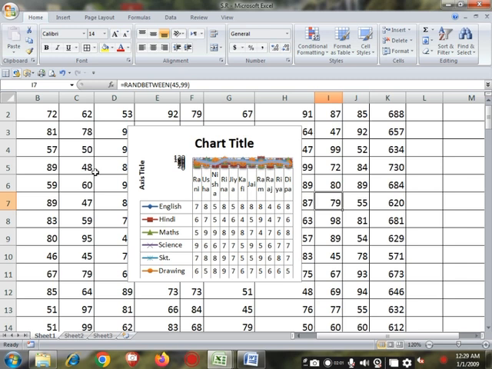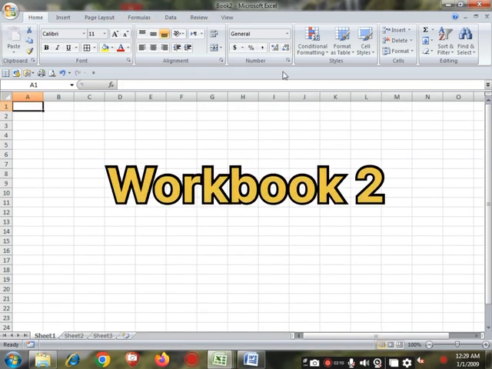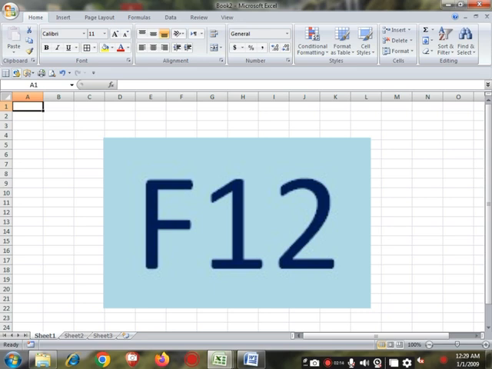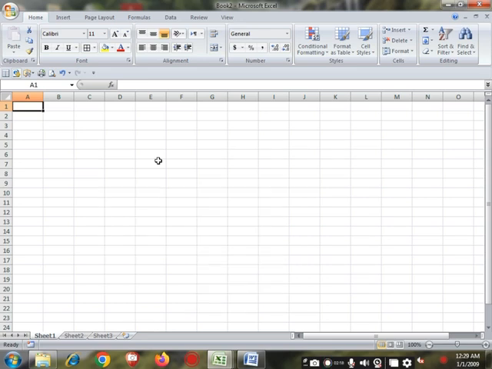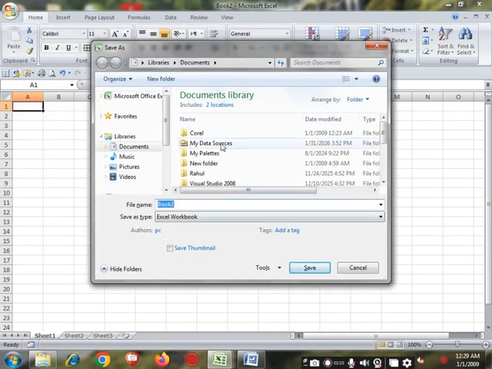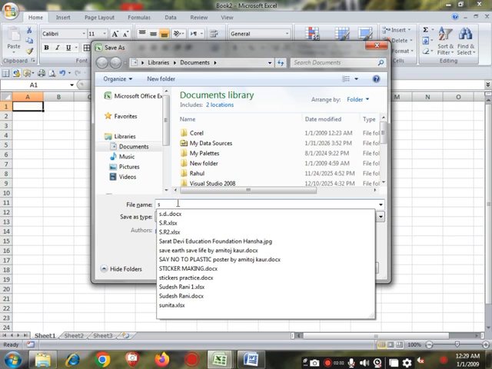If we want to save our new document, like this is Workbook2, this is not saved. If we want to save it, we can use the F12 shortcut. If we do not save our workbook, our data will not be safe. When we click F12, this dialog box will open, and we can give any name to our workbook according to our choice. Like I have written here S.R1,